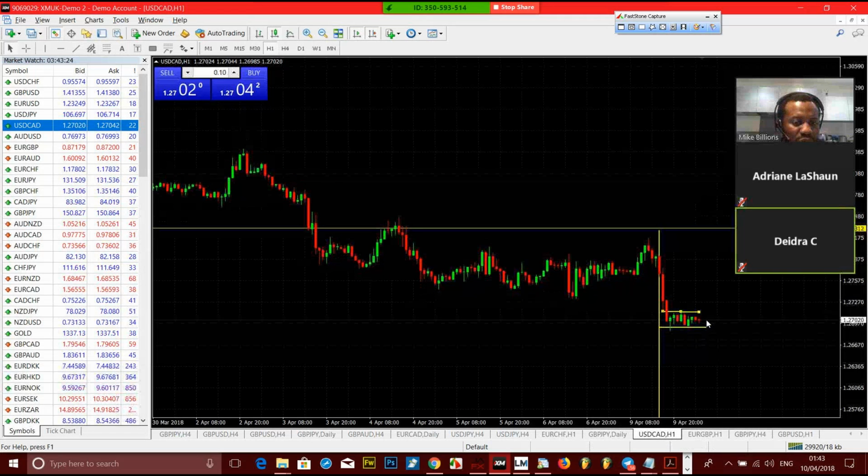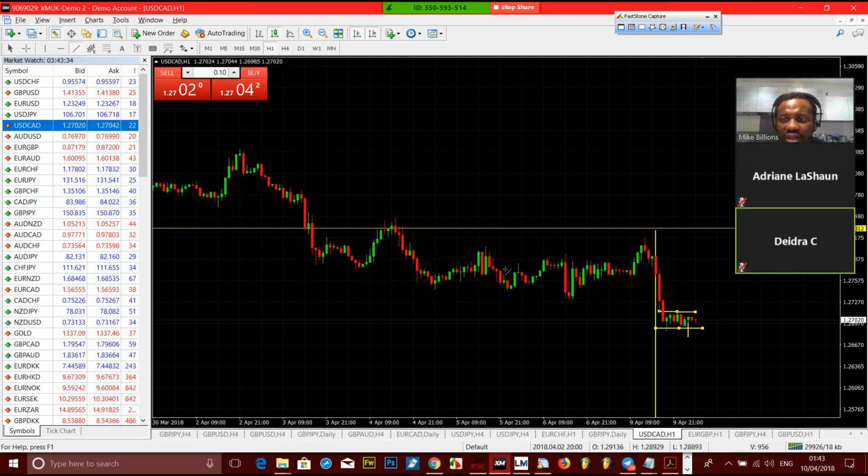So I'm waiting for this to break. You know the rules. You have to wait for it to break out of this trend, close below, and then I start trading. But we could do an aggressive entry because we already believe, let me not say we already feel, that this is going to come down, because you never know it's going to continuously come down. Although we see a head and shoulders, it doesn't mean that head and shoulders is going to play out perfectly. It may turn before it finishes.